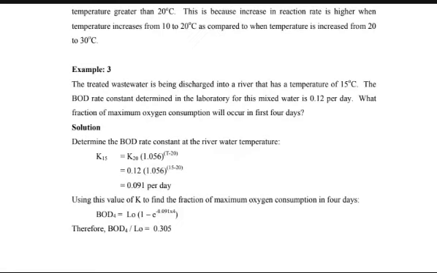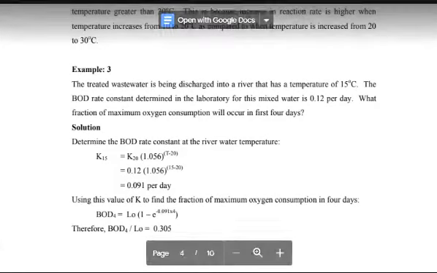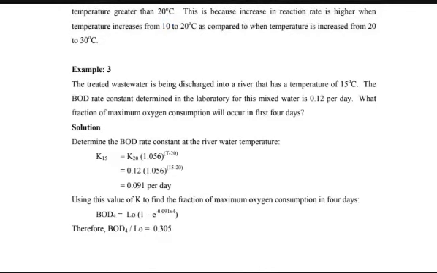So calculate the value of K first. What will be the value of K? Check whether it is 0.091 or not. 0.091, sir. Yes, 0.091, correct. So this is the value of K. It's a very simple numerical, but at least you should understand the concept behind it. What we do here is change the rate constant. Why are we calculating the rate constant? Because the temperature is mentioned as 15. So now we call this the corrected K, the rate constant at 15 degrees Celsius.